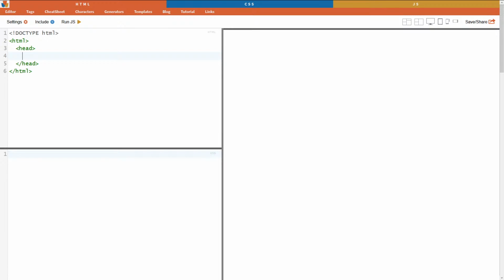So to create a title, I'm going to have pointy open bracket and the word title. I'm going to type the close pointy bracket. And again, this lovely website finishes that off for us. And this can be the title of your homepage. So it could just be homepage, or it could be my fancy new tab page. Or it could be, I don't know,